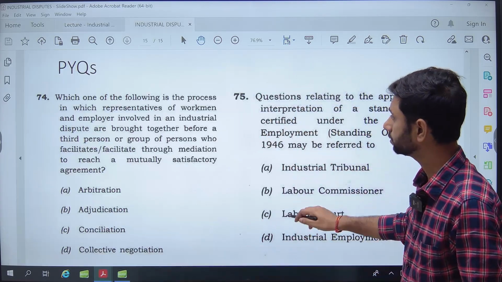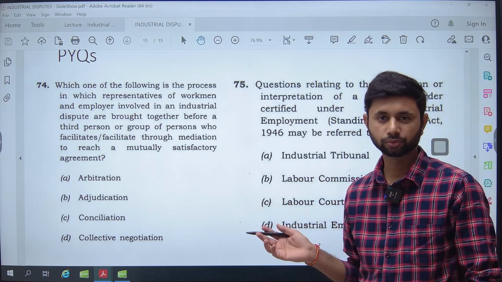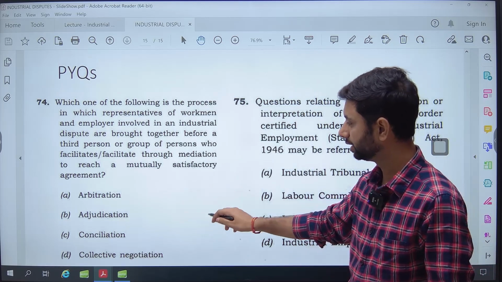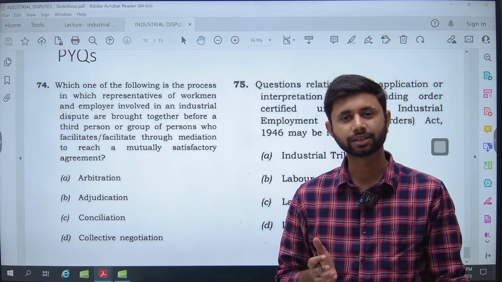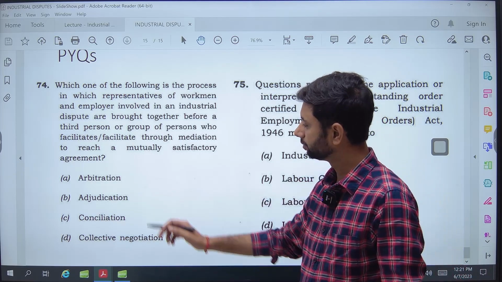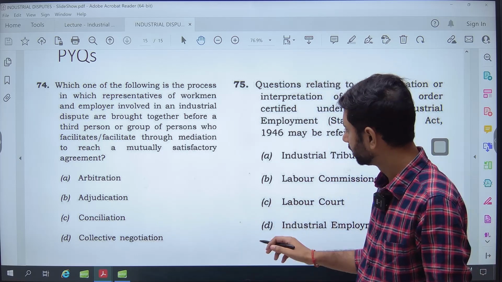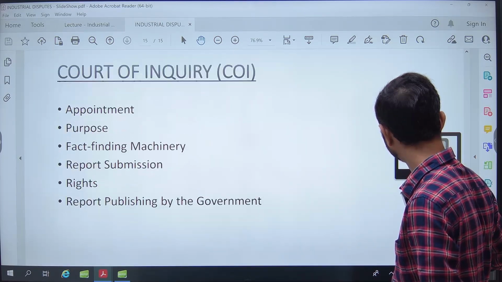See, these questions came in the last two papers of EPFO: arbitration, adjudication, conciliation. And these, I'll tell you, are the basic definitions. If you can prepare and understand these concepts very well, then you will be able to solve these questions without any issues. And similarly, apart from this,